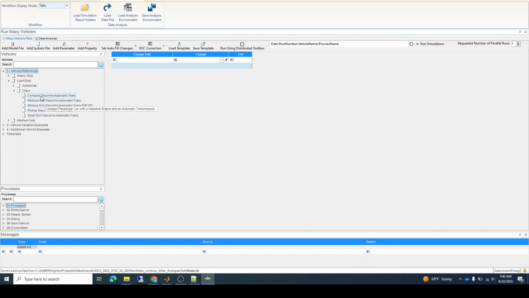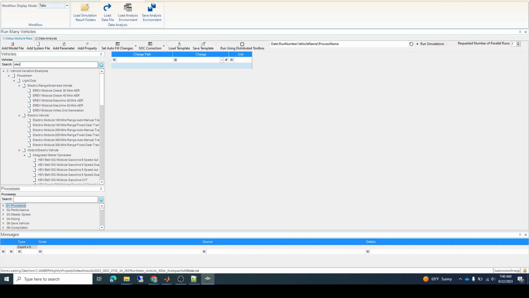What I'll do is I'll select the compact gasoline automatic. No, actually what we could do, let's use an electric vehicle. So I could select an electric vehicle with 300-mile range and fixed gear. So I'll select that vehicle. So in this, what we'll do is we'll duplicate this run and demonstrate running multiple simulations in parallel